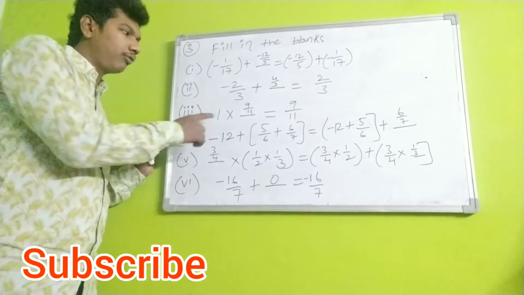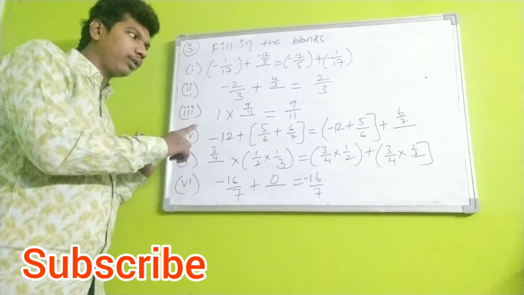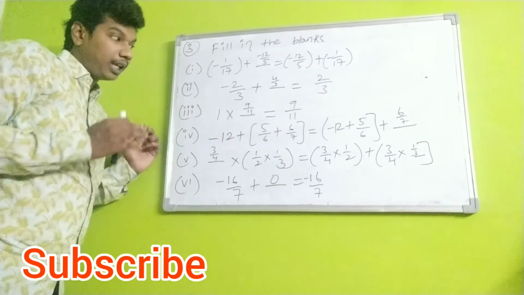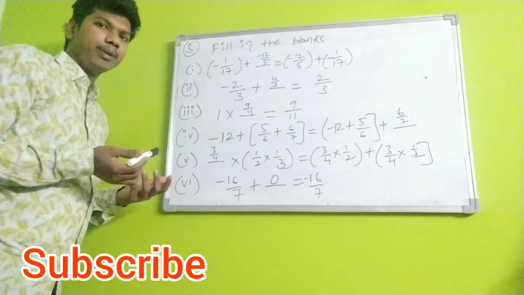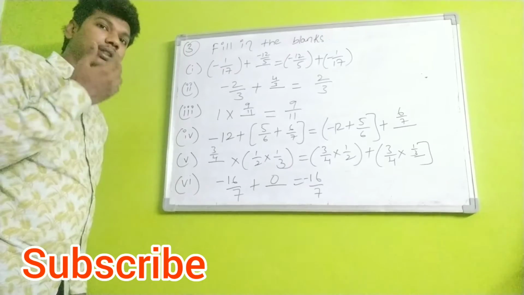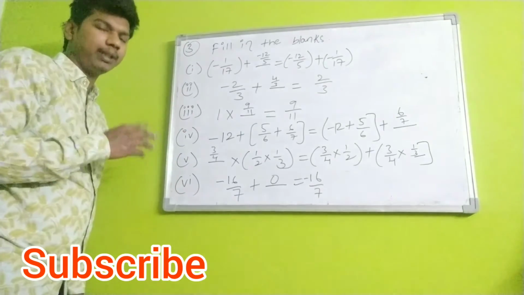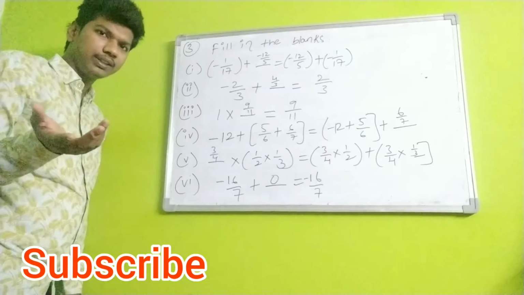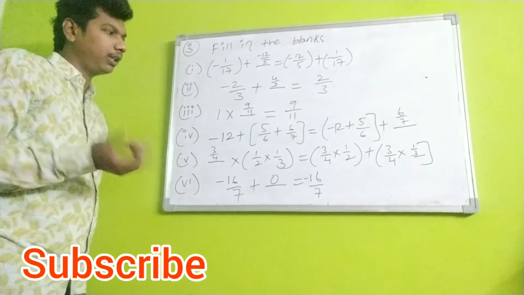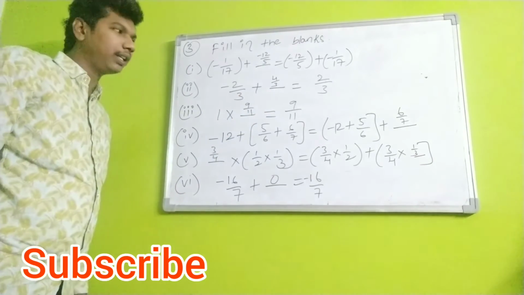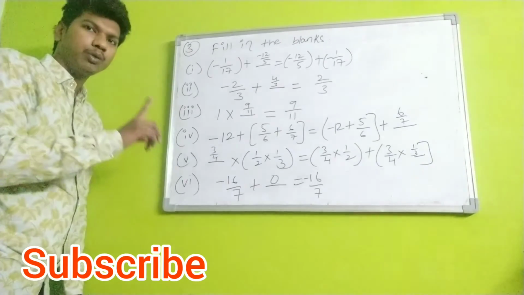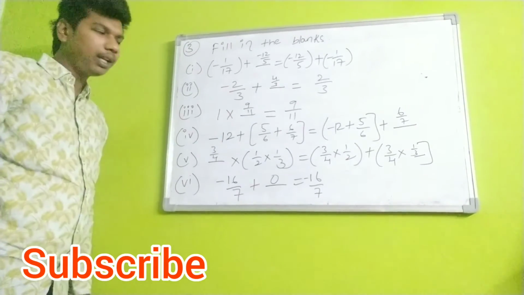Okay, right. Next, 1 into dash is equal to 9 by 11. 1 into a blank is given, and the final answer is 9 by 11. What number should I select here? The same number. If you take any number and multiply it with 1, you get the same number. For example, 3 into 1 is 3, 100 into 1 is 100, 1000 into 1 is 1000. The same. On the RHS the answer is already there, that is 9 by 11. If you multiply 9 by 11 with 1, you will get 9 by 11. Therefore the answer is 9 by 11.